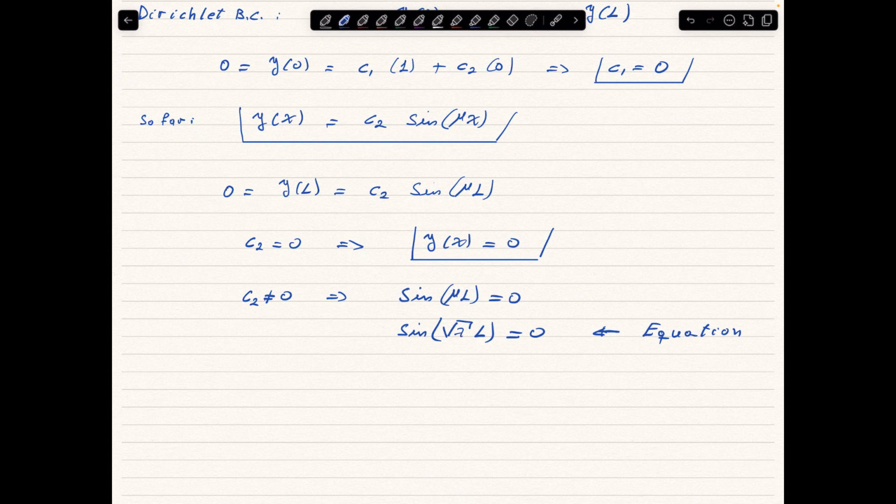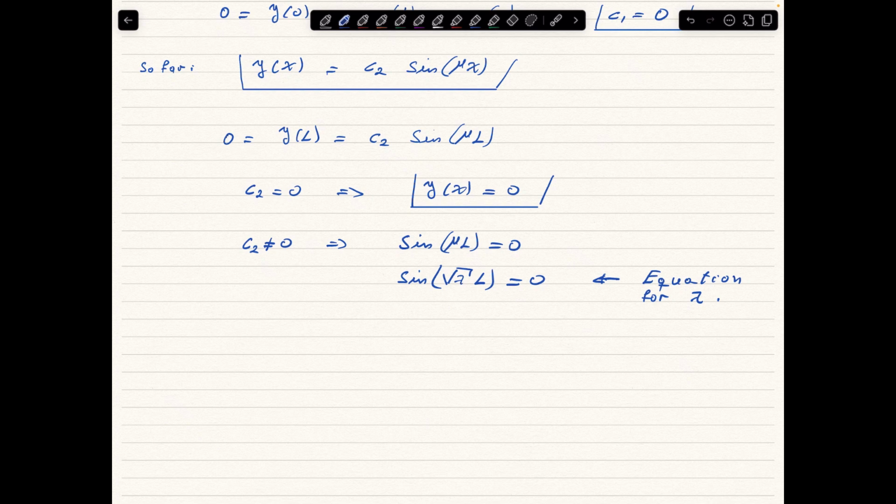This is how we find the eigenvalues for lambda. We don't need the exclamation point. So how do we solve this? Well, the sine function has infinitely many zeros. Sine of square root of lambda L equals 0